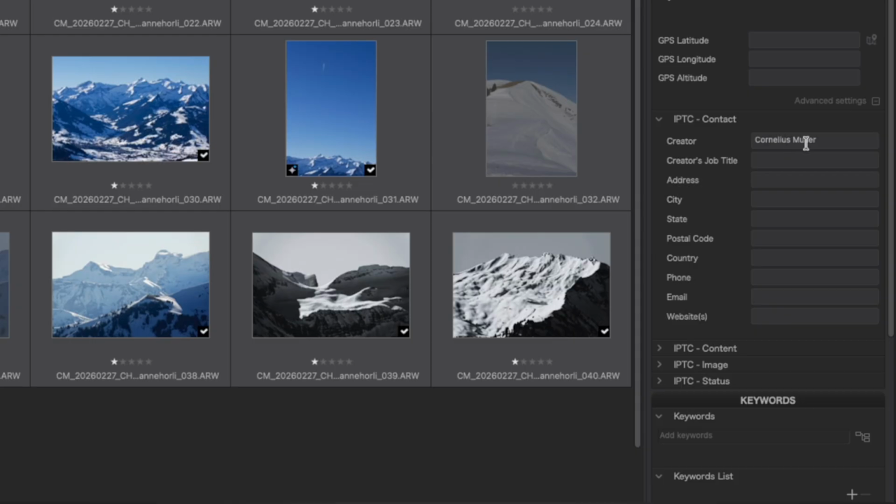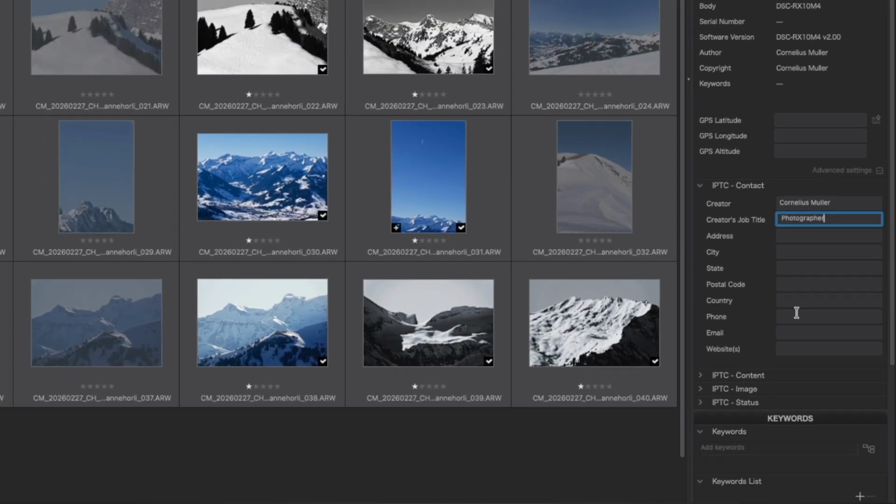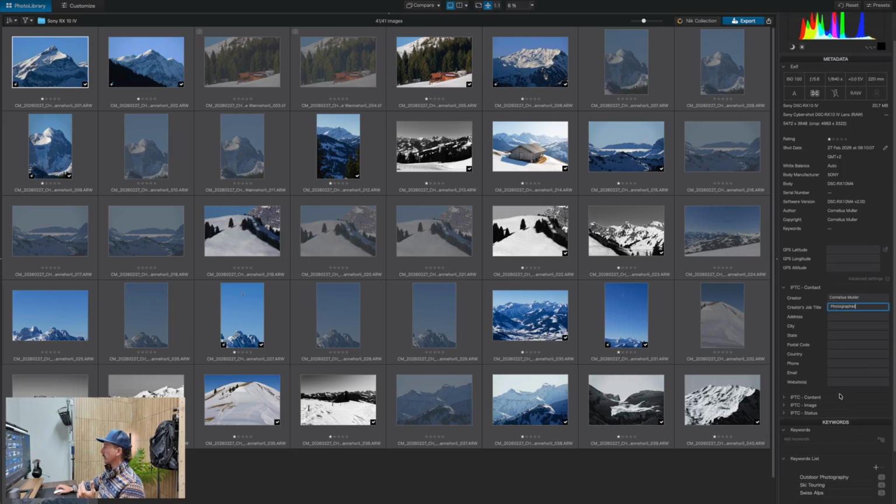And as you come towards the bottom, you can add your IPTC contact, so your name, your job title, so you can say photographer, wannabe photographer, address if you want. So these are things that are going to be burned into the image when you export. And because you've selected all, it's applied to all images. What I generally like to do is my name, job title, so photographer,